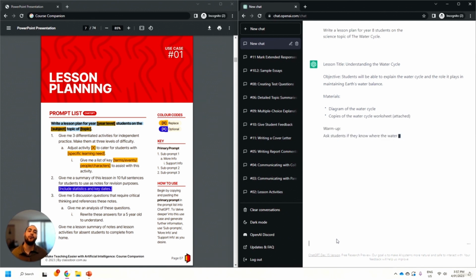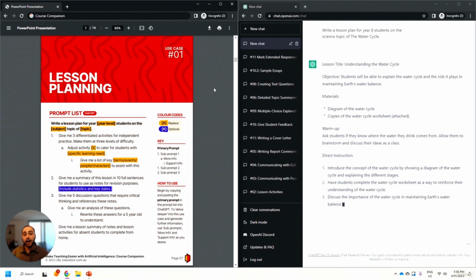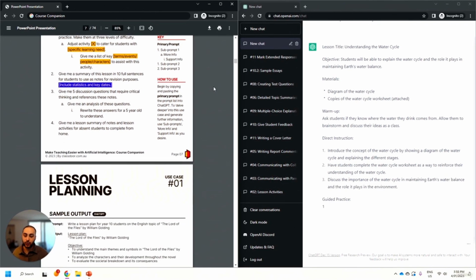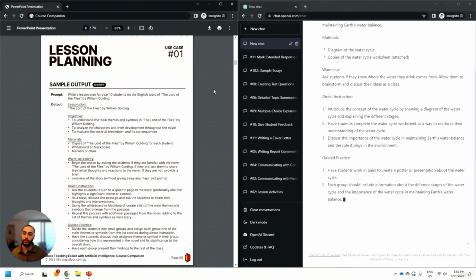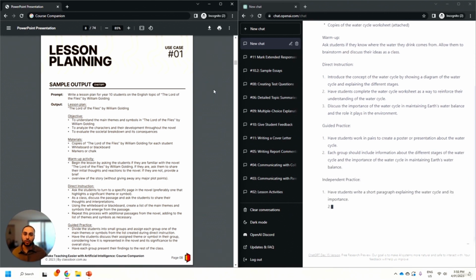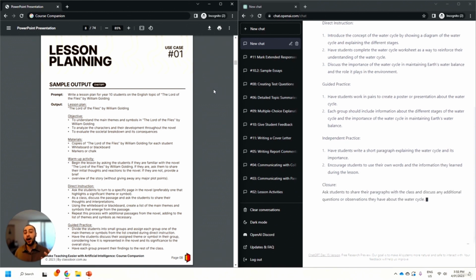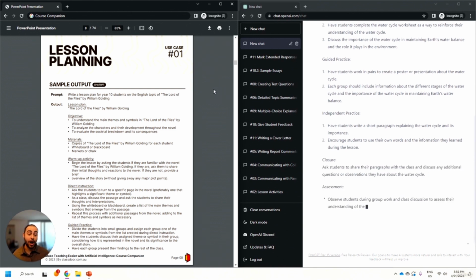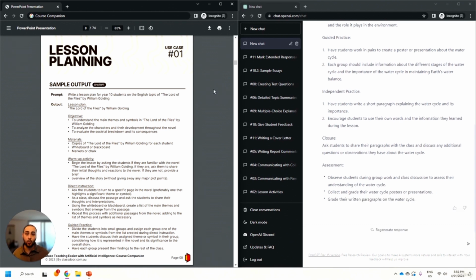It's pretty powerful stuff. Whilst that's generating an amazing lesson plan for us, I'm going to scroll back over to our course companion, because after each practical use case, if you scroll to the following page, I've actually put in a sample output. The sample output is showing you a conversation that I've previously had with ChatGPT and how I've given it iterative feedback in my conversation with the modern AI tool to produce exactly what I want, to the standard that I want it.